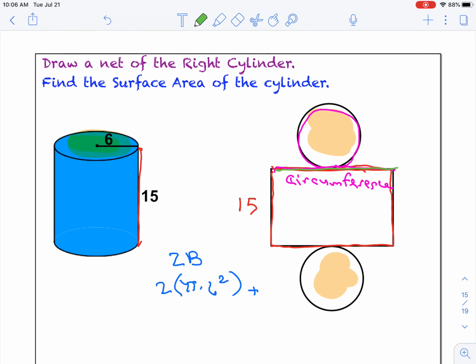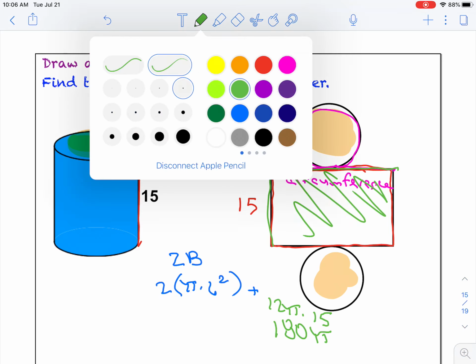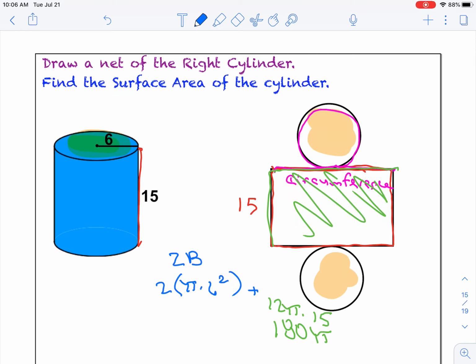So I'm going to take this times this for the rectangle, and my circumference is 12 pi times 15. That's just the area of this rectangle right there, which is really the perimeter of the base times the height, the same formula. So now, if we add these together, this would give us 180 pi, and this gives us